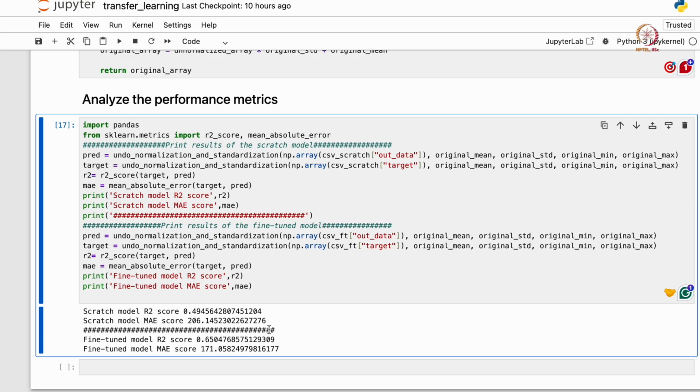So there is a substantial reduction that you see, although both of these are bad, and the reason for both being bad is that we have run for a very limited number of epochs. Run it for some 100 epochs and you will see good convergence and very low MAE scores for both of these models. But even by running this small number of epochs, we are able to show the advantage that we gained by using the previous knowledge from some other data set and leveraging that on a data set which has a much smaller number of properties. This knowledge transfer is what summarizes transfer learning.